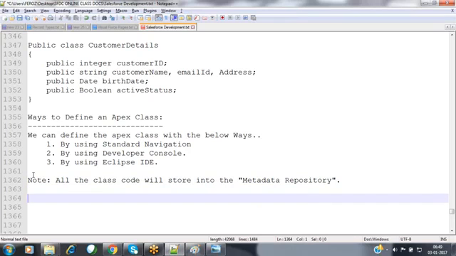Once the class has resided inside the metadata repository, any user can invoke it. Any user can access it whenever they want. No need to define separate classes for every user. Within the organization, only one set of classes will be there. Those classes can be invoked by multiple users, depending upon their need.